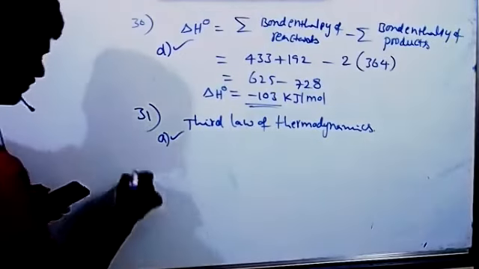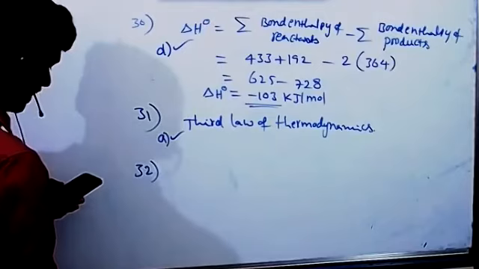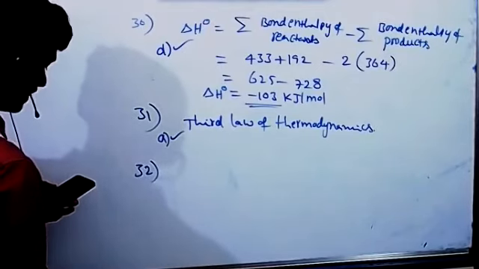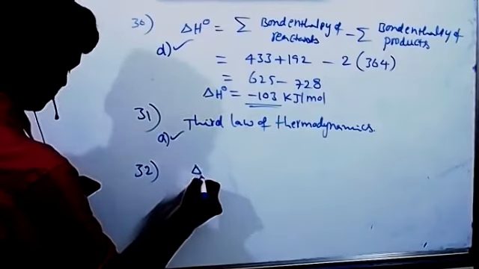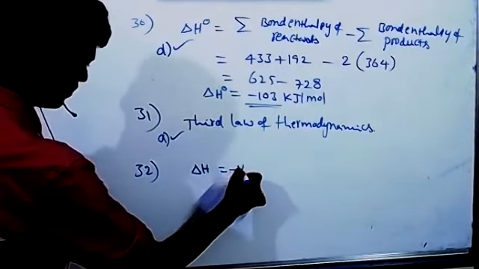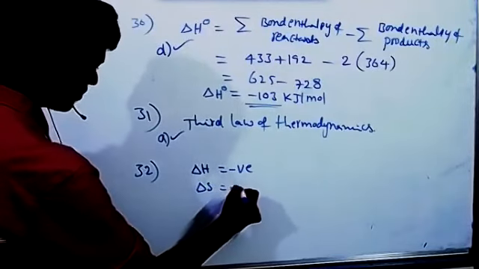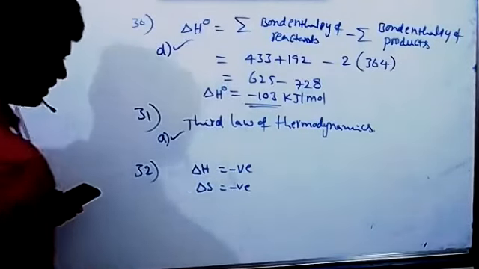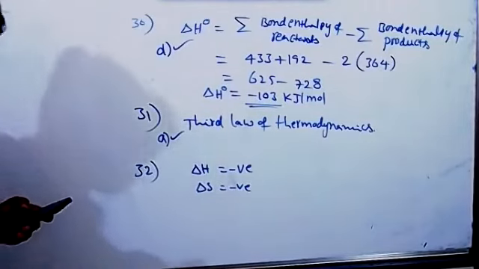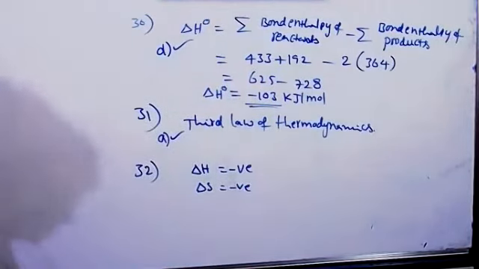Okay, 32. A reaction has both delta H and delta S, both are negative, the rate of reaction. So delta H negative supporting, delta S is not supporting. Then how is the rate of reaction at given statements? Cannot be predicted per change in temperature. Option B is increases with increase in temperature. No, it is already exothermic reaction. If we increase the temperature, rate of reaction means speed of reaction becomes decreases.